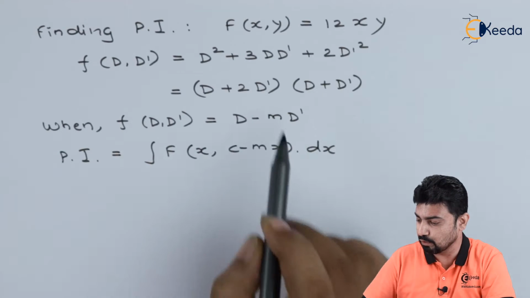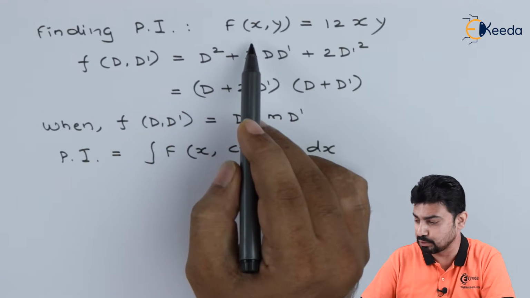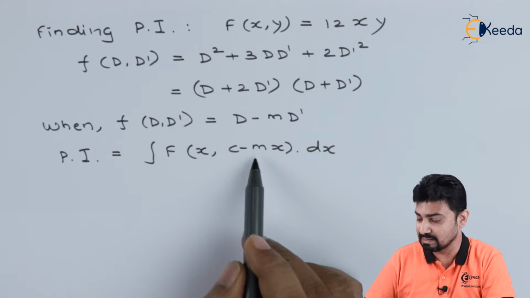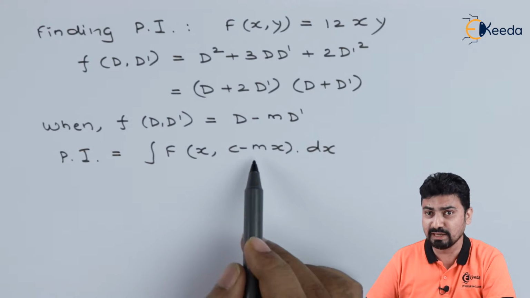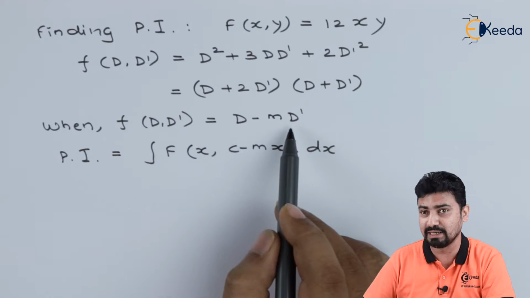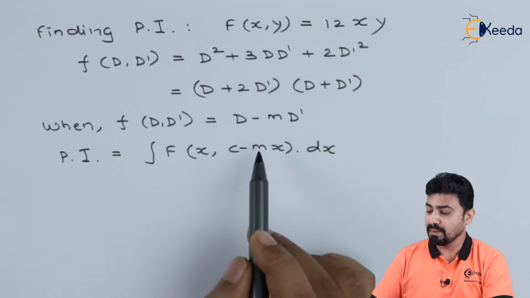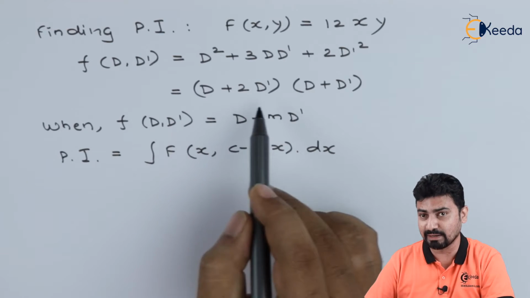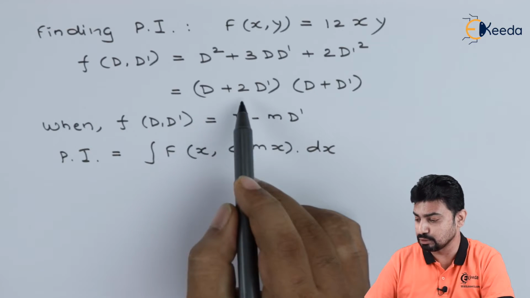So in the function f of xy, we will substitute y is equal to c minus mx, where m is nothing but the part of the linear factor D minus mD dash. Correct? Now comparing this with our equation, with our linear factors, we have two linear factors, D plus 2D dash,